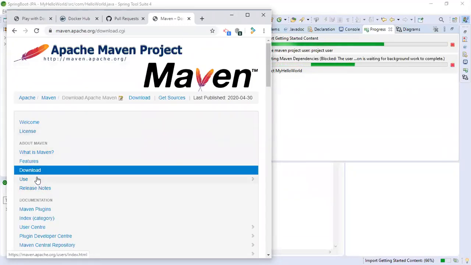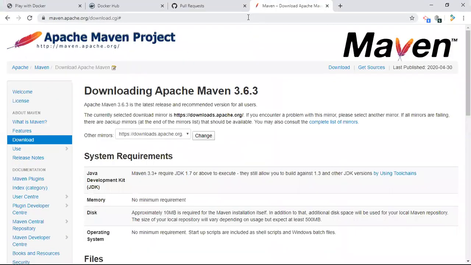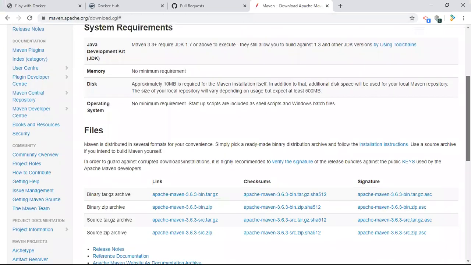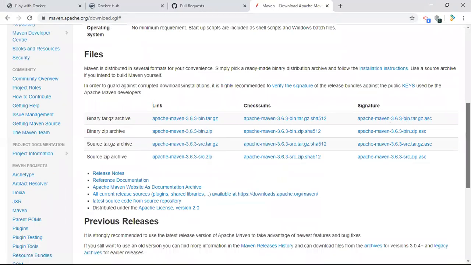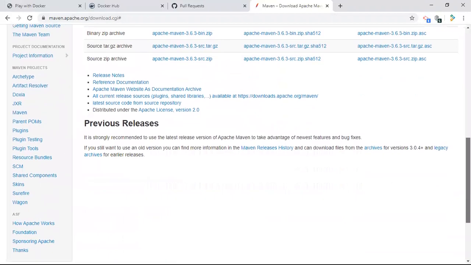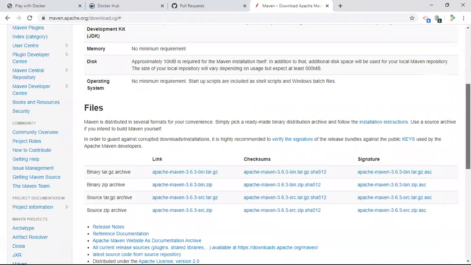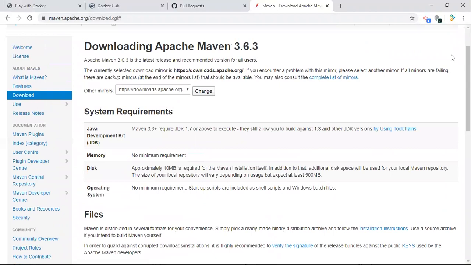Yeah, if you click on the download, JDK 1.7 is the minimum requirement, so select based on your system. Take the binary file, Maven 3.9, unzip it, then install it. Then add this Maven into your build path. Okay, so after that, once you have installed it,